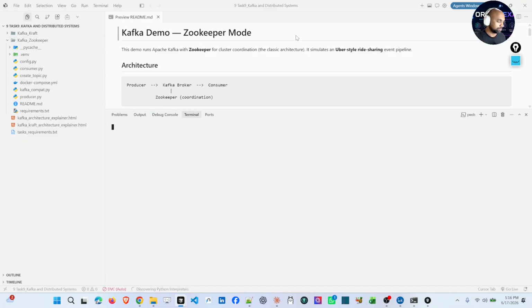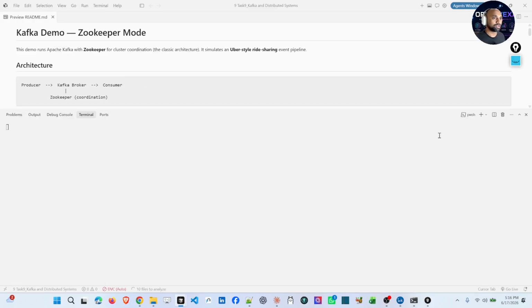I need, let's close these unwanted tabs, and I may need two windows. One is for the consumer and another one is for the producer. Before that, I'm going to enable the virtual environment for running this application.